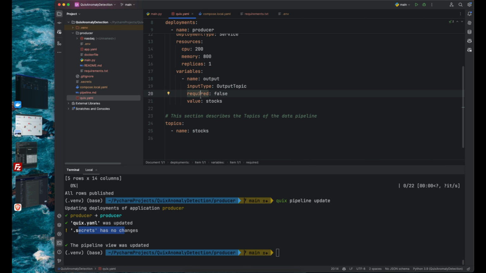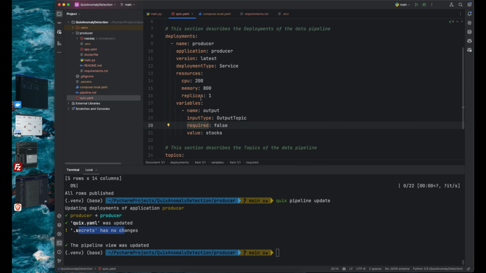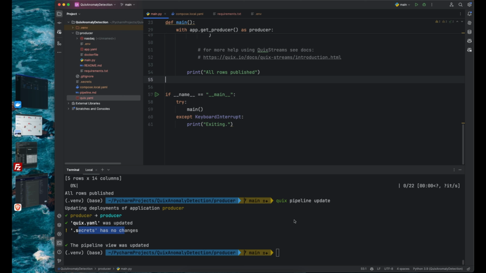Now, interestingly, if you need to increase the resources that need to be assigned to the producer, all you have to do is go into the resources section, increase the memory, increase the CPU, and you're good to go. I believe there are some parameters that you can use to generate a producer, but we're not going to go into that with the custom resources. But if you need to, you can manually go into the resources section and update the CPU and the memory part. Also, you can increase the replica as well. Okay, so that's good. So the next thing is to Quix